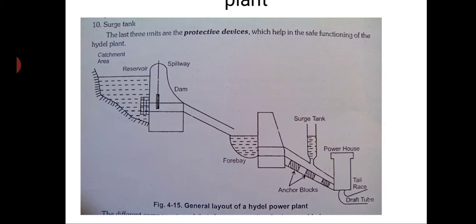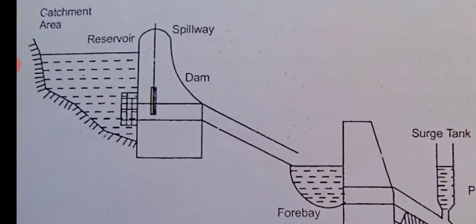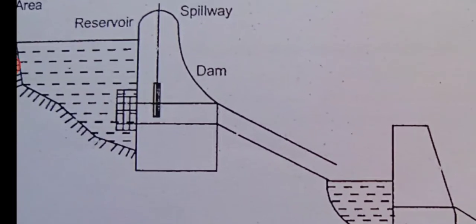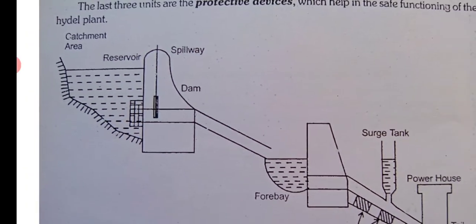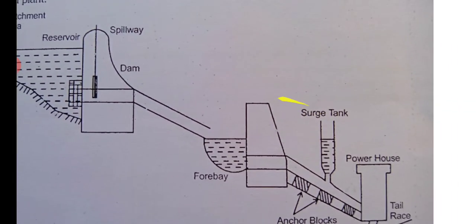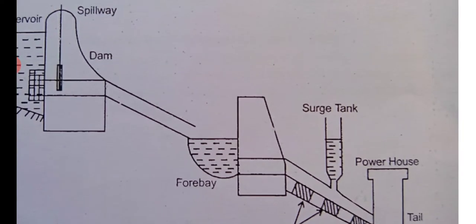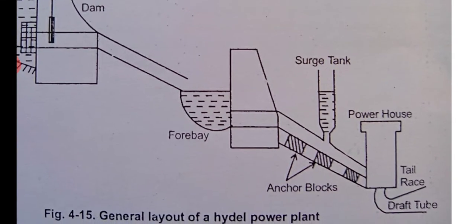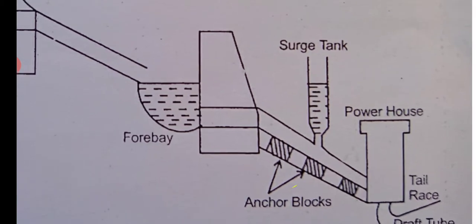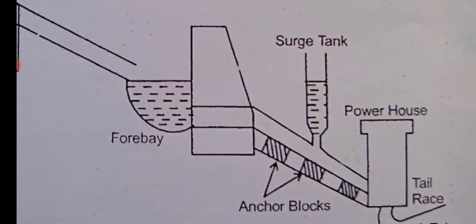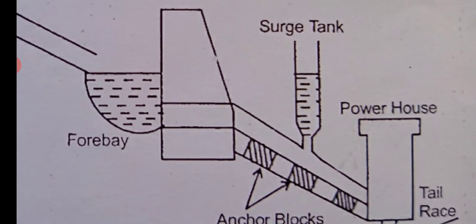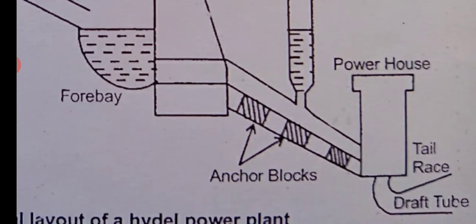In the general layout of the hydel power plant, you can see again there is a reservoir, the dam is built, and because of the dam there is a reservoir. This is a gate, so that this gate controls the flow of water from the reservoir to the penstock. Okay, there is a gate. And from there is a forebay, again a small dam here, and then there is a penstock, and because it is high head they have provided one more, a surge tank, and these anchor blocks are to support this penstock, the big pipe, as I said. So there is a powerhouse, and the tail race is there.